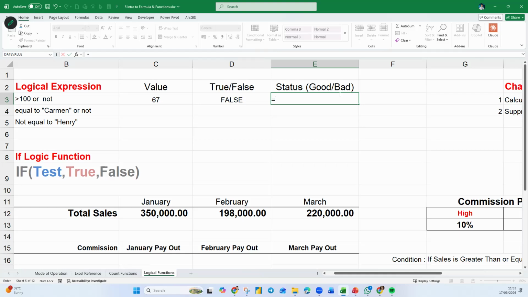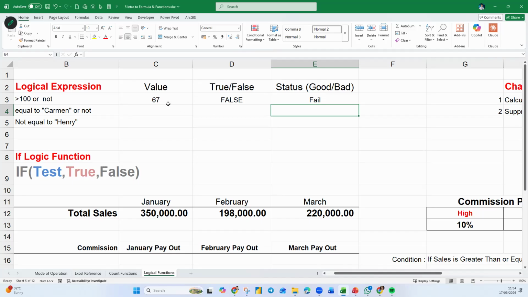So how am I going to do this here? I'll say equals IF this is greater than 100, right? Then I consider them as pass. Otherwise, I consider them as fail. So they must achieve more than 100, which is 101, to pass.